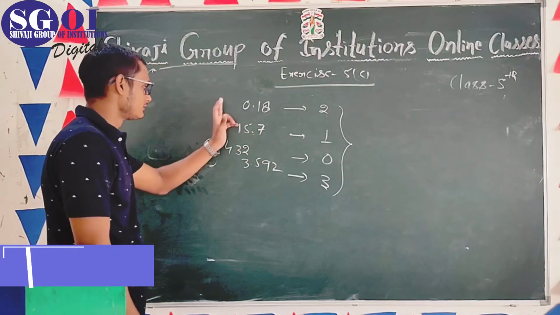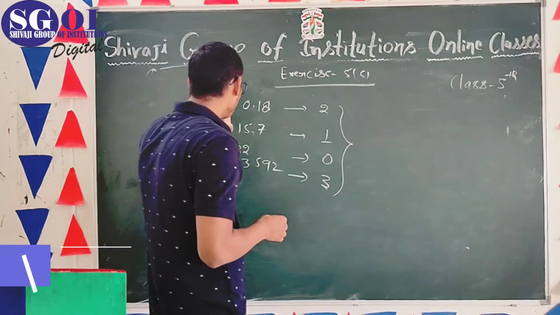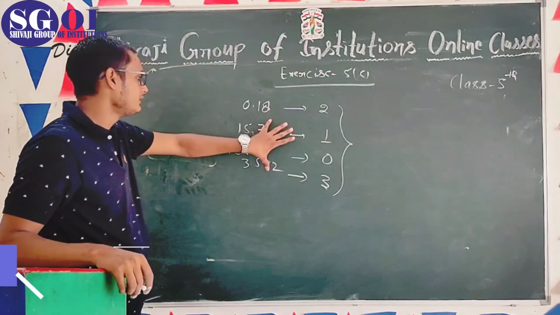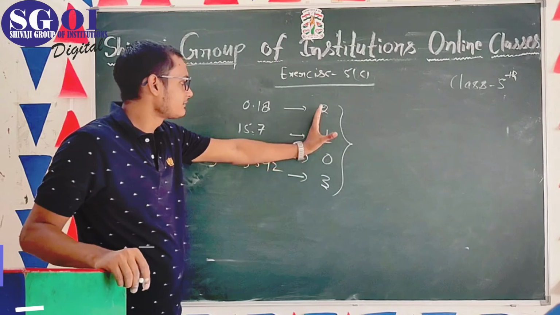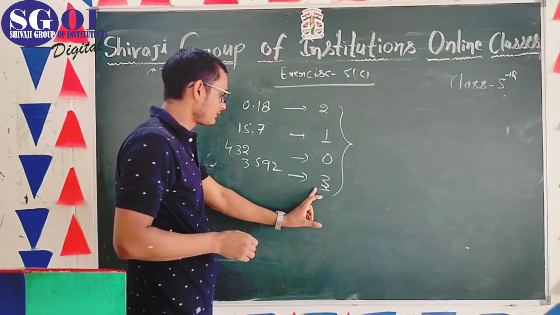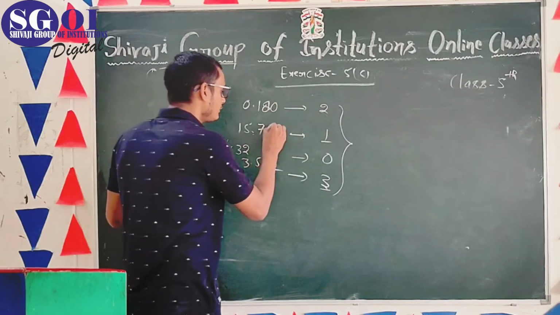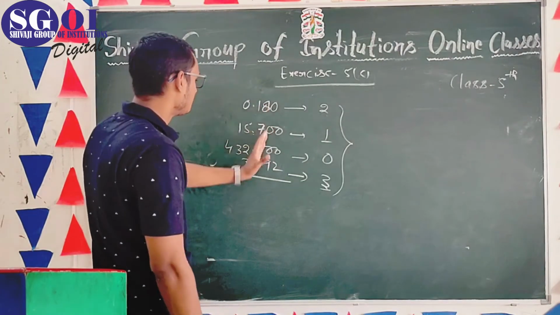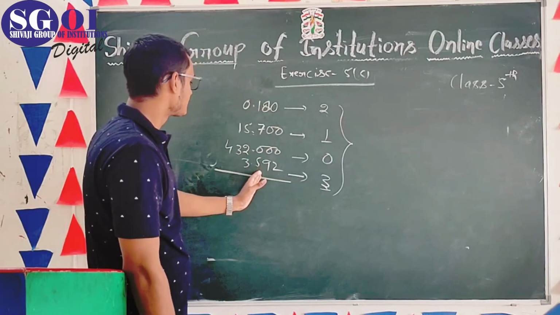So this is an unlike decimal. So convert this unlike decimal into like decimal. First we look at the number of decimal places. The greatest number of decimal places is 3. So we put 0, 00, 000. It means first we make all the numbers of decimal places the same.